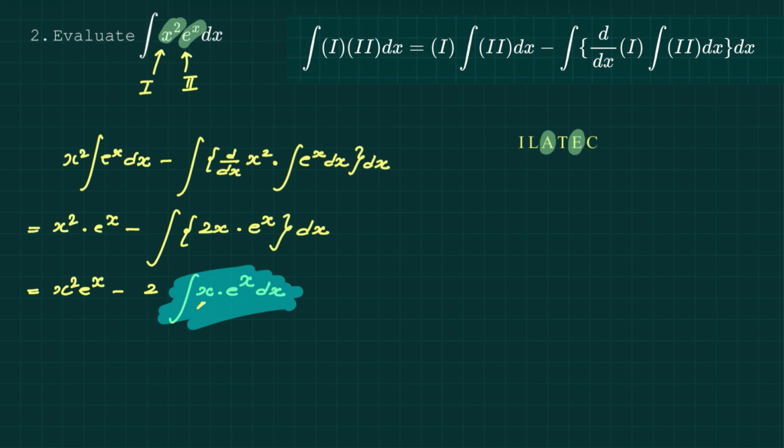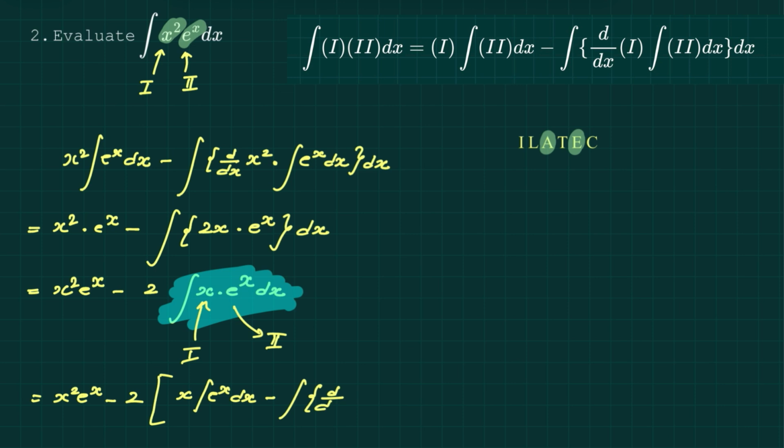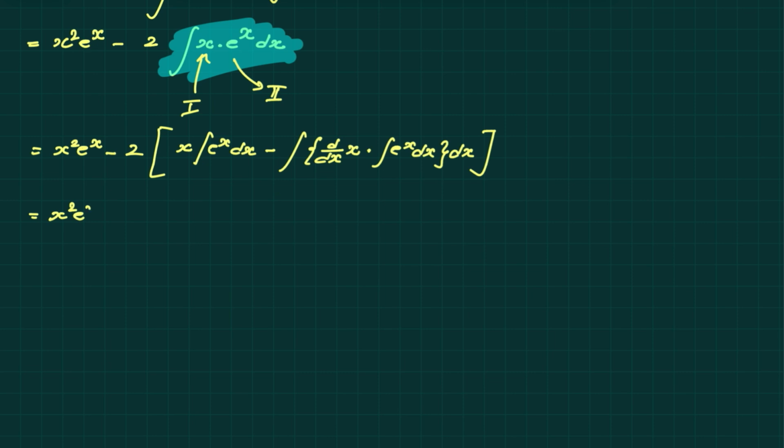So here we will consider this again as first function and this to be second, using the I-LATE rule. This equals x square e to the power x minus 2 is constant. Let me put a square bracket. Now let us evaluate using integration by parts: keeping the first function, integrating the second, minus integration of d/dx of first into integration of second. It equals x square e to the power x minus 2